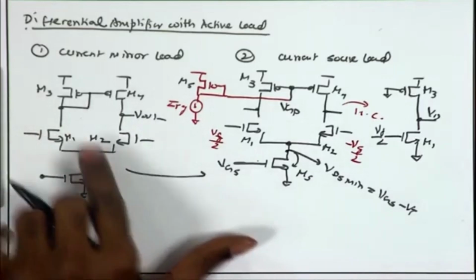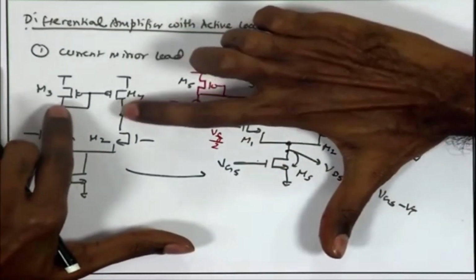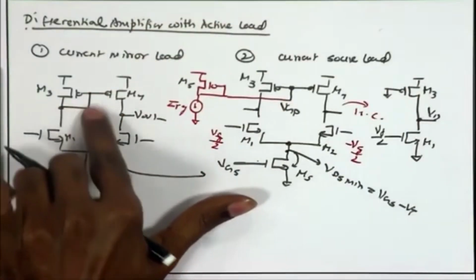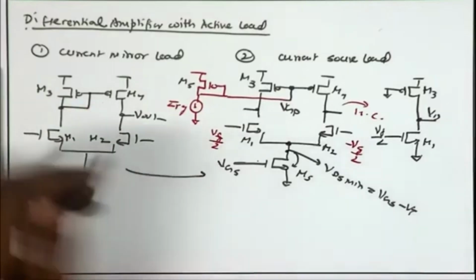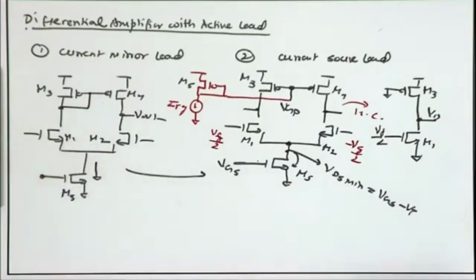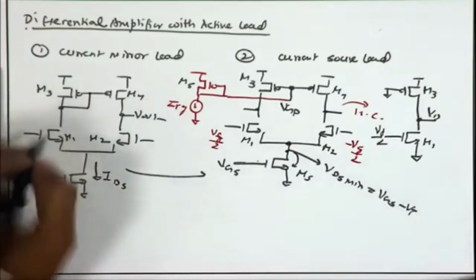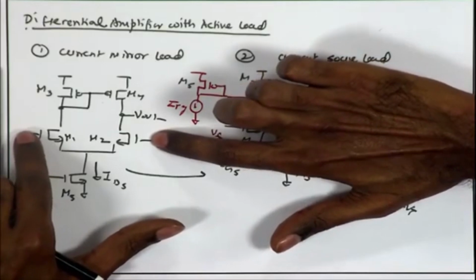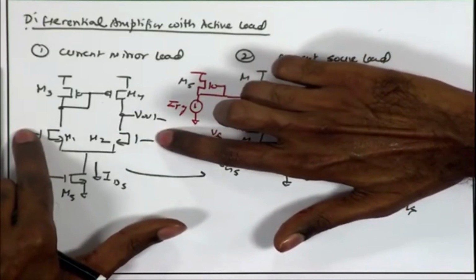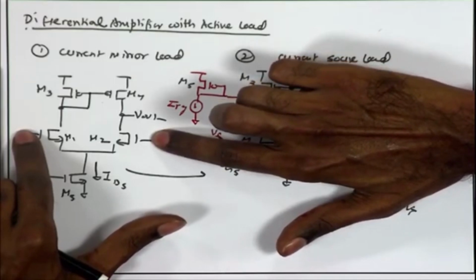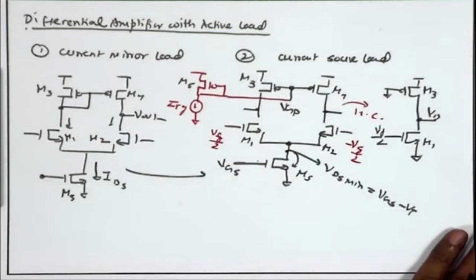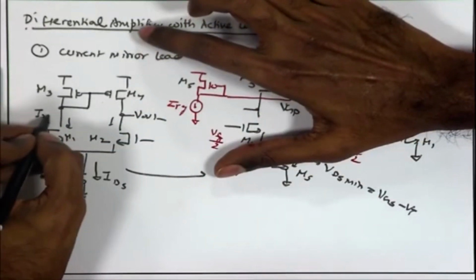So, how do we define the DC point at the output of this stage? We are having a different kind of load, one of them is diode connected, and if we assume that this M5 is acting like a good current source, where ID5 is relatively constant, M5 is remaining in saturation. For common mode, as long as these two signals are close together, gate voltages are close together, suppose AC signal is 0, both the gate voltages are having same DC point, IREF is going to divide equally between these two nodes. Therefore, in this branch I have IREF by 2,